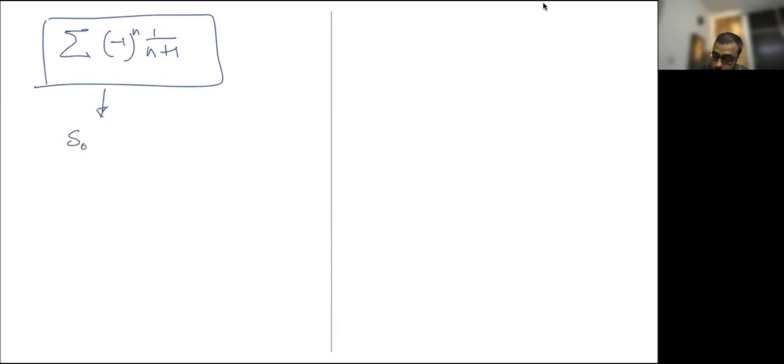Partial sums are, so S0 is 1, S1 is 1 minus half, S2 is 1 minus half plus 1/3, and so on. And when I say and so on, let me write down what is the nth term. So 1 minus half plus 1/3 minus, so the last term would be